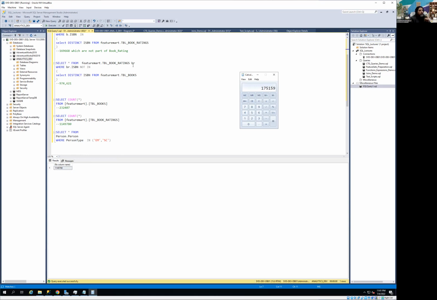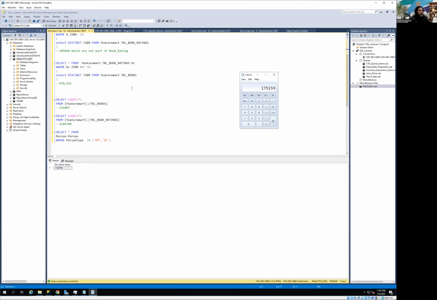Once I identified the titles which are not in my book table, I found 974,000 titles were not part of the book table. So I subtracted the 974,000 out of the total, which is 1.14 million, and I got 175,159, which means that these are the titles which should be part of the